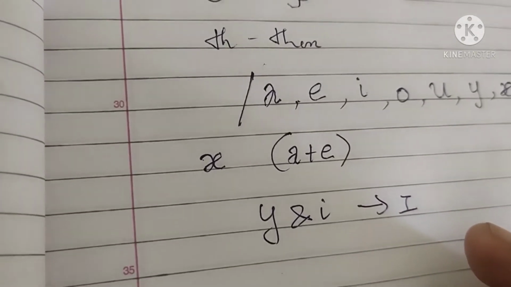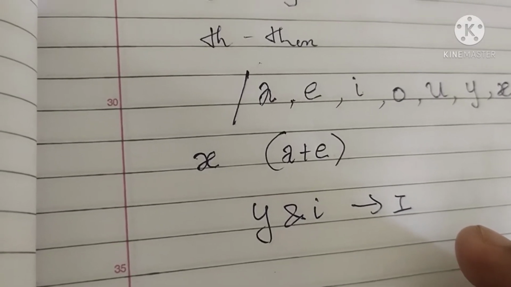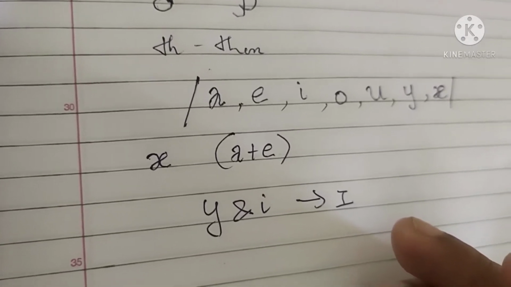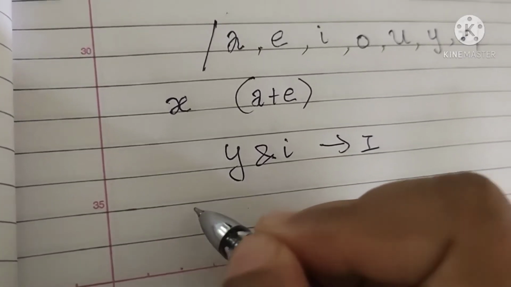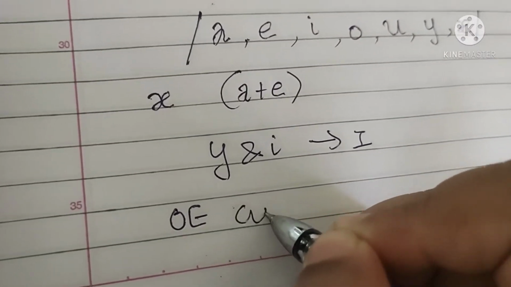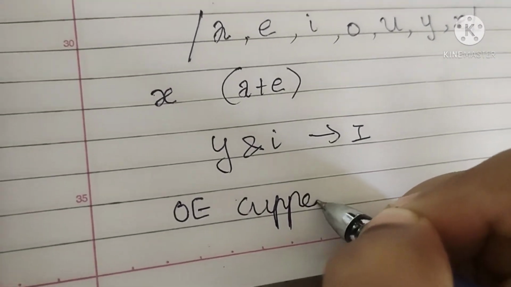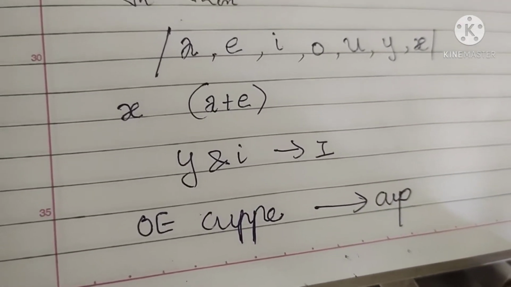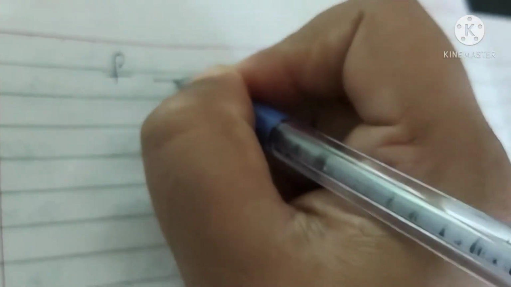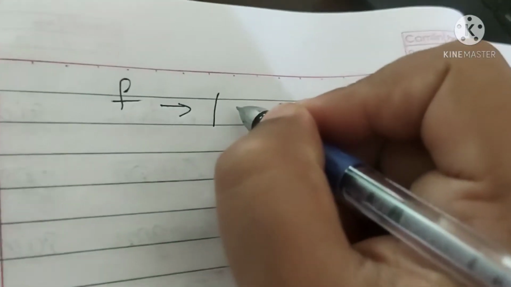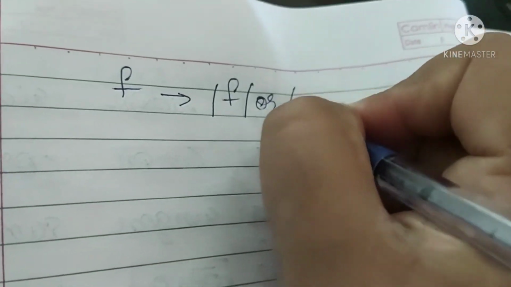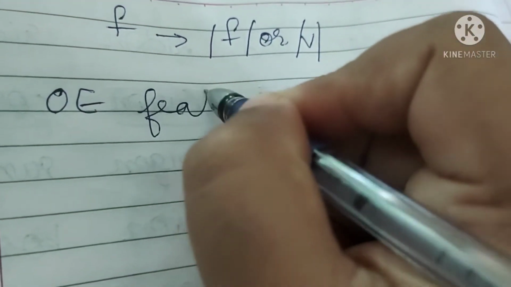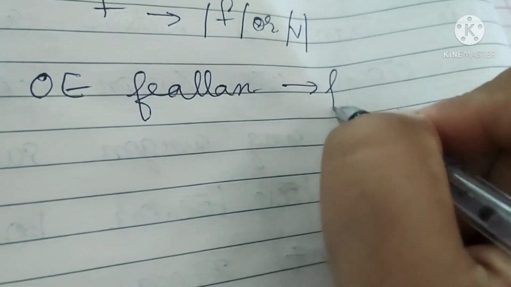And in consonant combinations, all the consonants were pronounced. There were no silent sounds. Every sound was pronounced. For example, in Old English, this was the spelling for cup. We shall see other examples. Fur could be pronounced either as fur or ver. As we see in Old English, Phelan as fall.